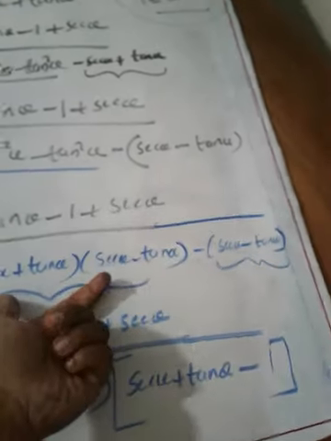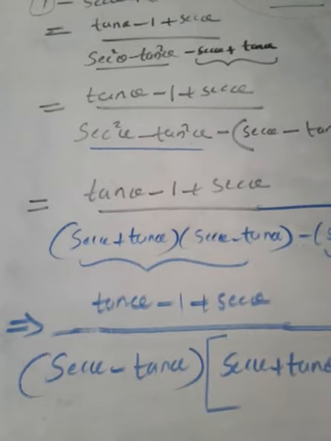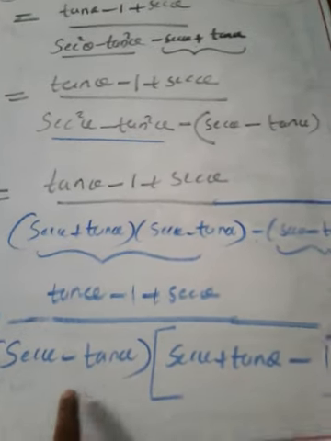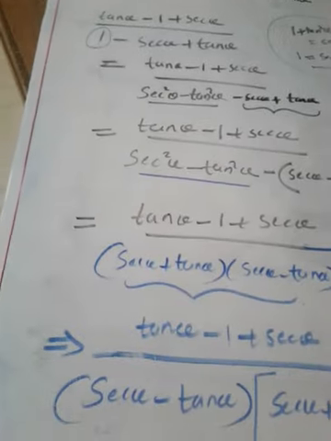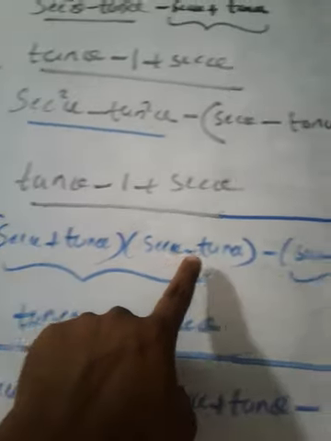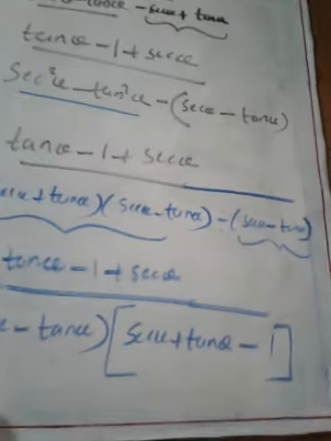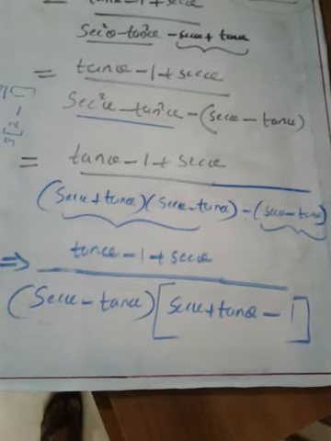Once again I am repeating. This is the first term. This is the second term. From both the terms, we took sec theta minus tan theta outside. So sec theta plus tan theta minus 1 will remain. If you have not understood, I will give an example. For example, 2 into 3 minus 3. Which is common here, in the first term and second term? 3 is common. Take it outside, what will remain? 2 will remain. Minus, here nothing will remain, right? 1. See, same method here. We applied sec theta plus tan theta into sec theta minus tan theta, minus sec theta minus tan theta. If from both terms sec theta minus tan theta is common, take it outside. Then we will reach this much. You may have understood.